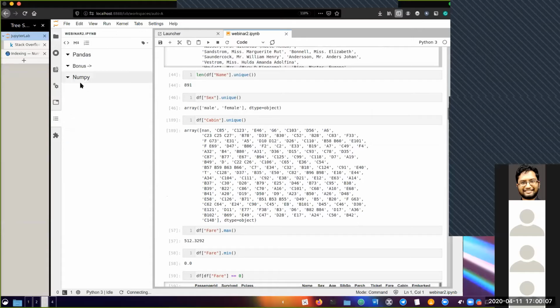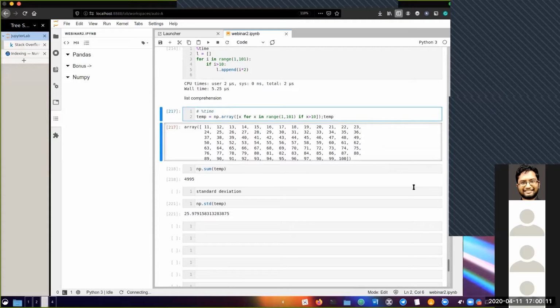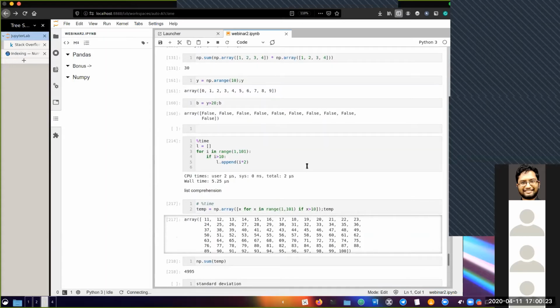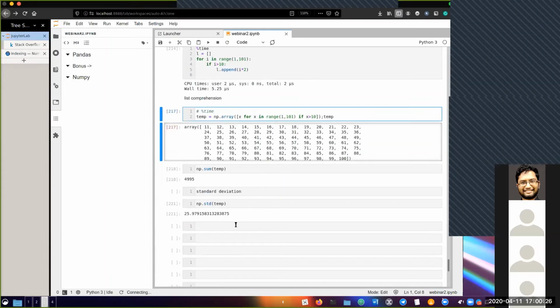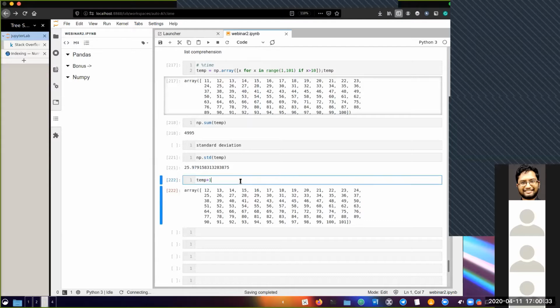I quit it once. So yeah. So if we take temp again, and right now I just want to add one to every element. And how you would normally do it is that maybe go through a for loop. But as we have proved it here, it takes more time and you don't want to do that. So the same thing in NumPy is very simple. I just write temp plus one. And if you see, it's done this for every element. Every single element here has had this one operation.